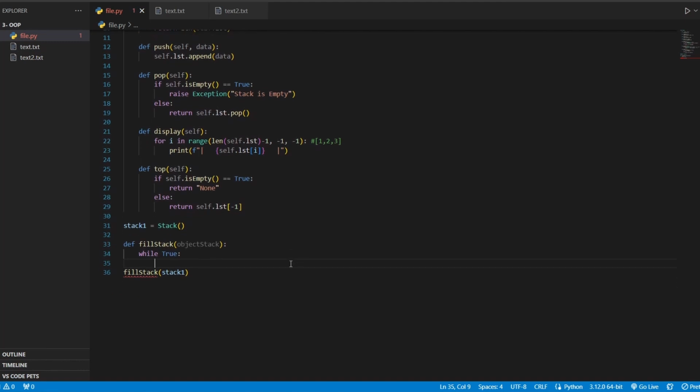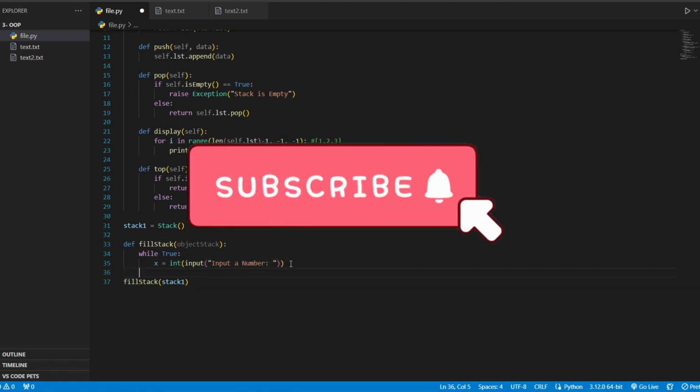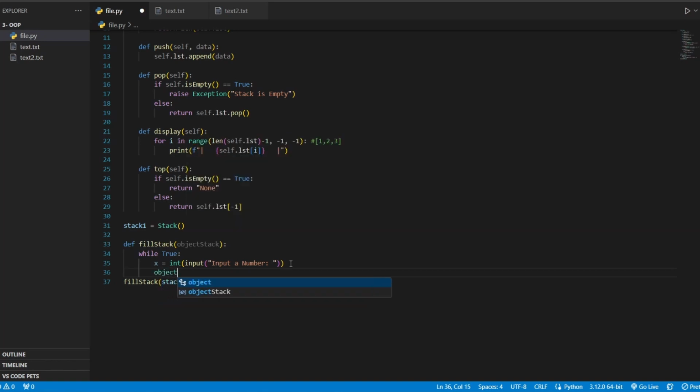Well, stick with me for a moment and you'll see how we will be able to stop this loop. I will ask the user to input an integer. So I'll say int input a number, okay? So the user will input for me a number. What I will do here is store this number inside my stack. Because the parameter object stack represents my stack1, I can say object stack dot push the element which is